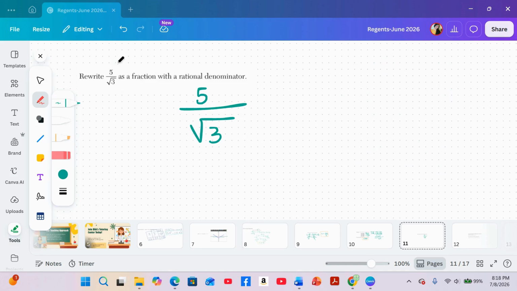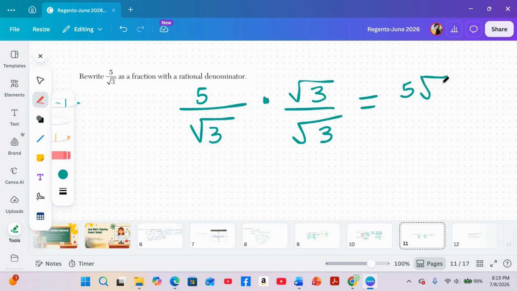Okay, so we have to rewrite this fraction here, 5 over the square root of 3, as a fraction with a rational denominator. So what we'll do, we multiply this by the square root of 3 divided by the square root of 3. This is the same as multiplying it by 1. So this would be equal to 5 square root of 3